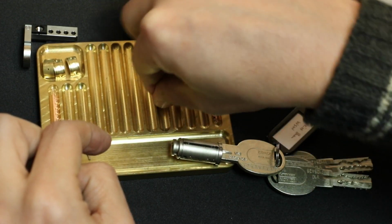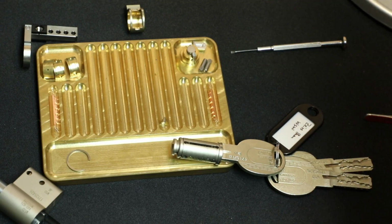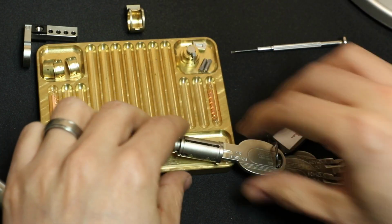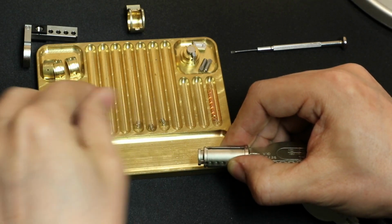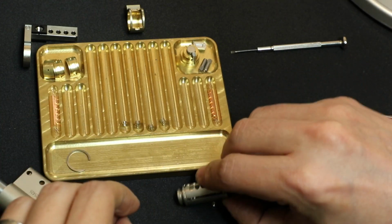I'll put it. Hold on, let me see if I have some tweezers. Okay, so pin 6, 5. Ooh, almost lost that one. 4, 3, 2,